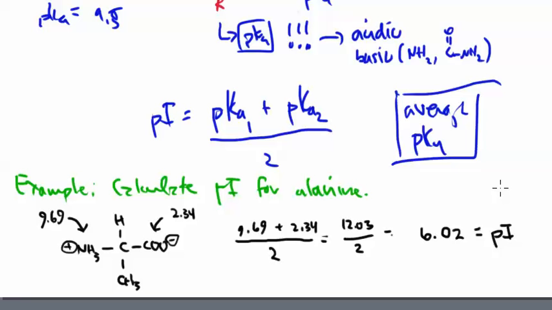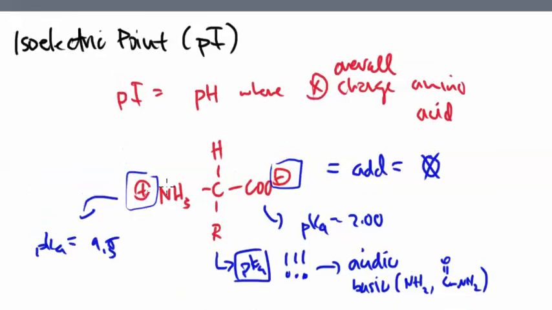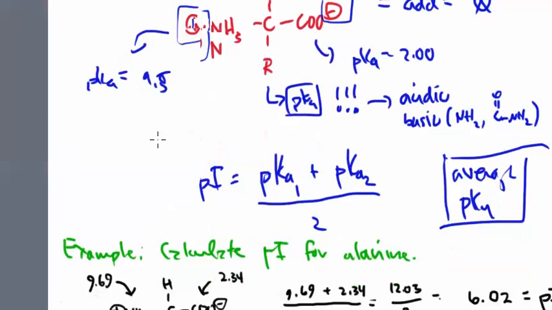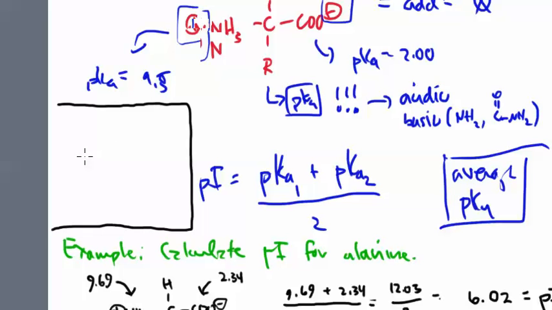Now, the only complication that can exist, the only complication that you probably will see, is what if they give you one of these amino acids that have 3 pKa's? Do you average all 3? And the answer is quickly no. You do not do all 3. So let's look at